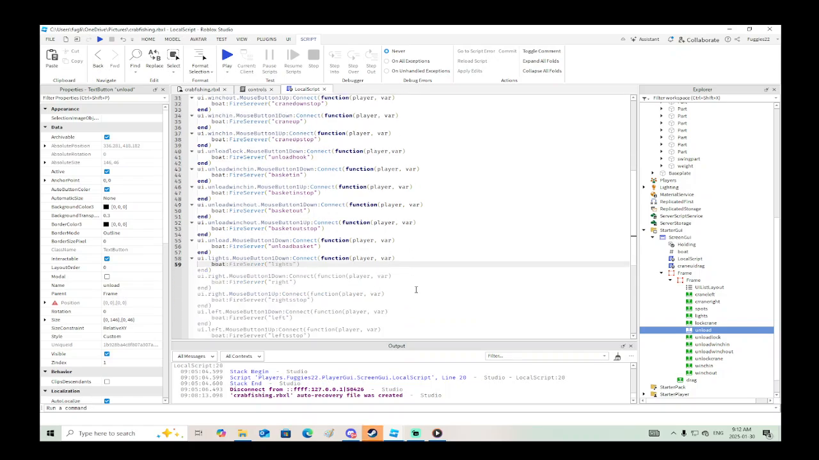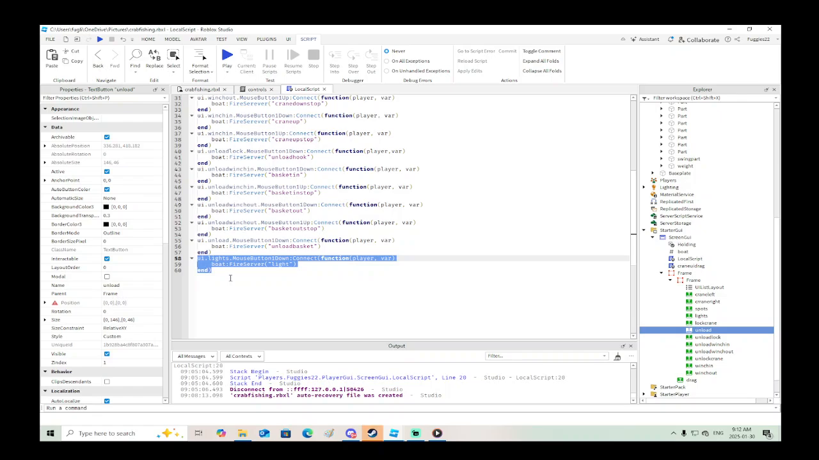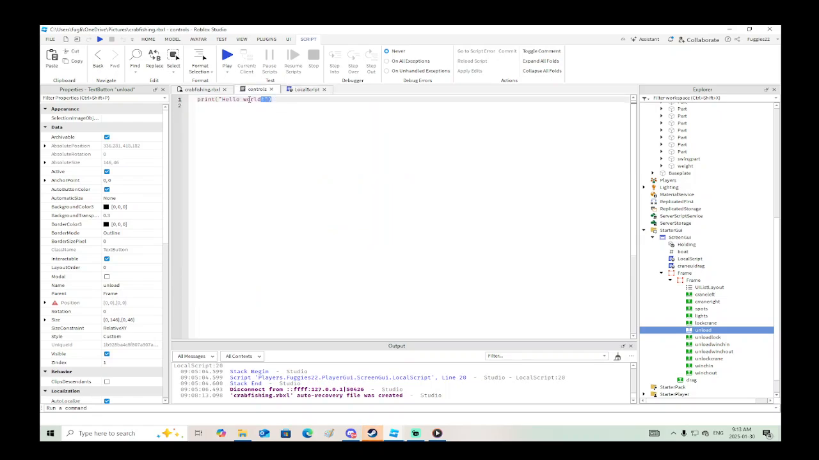Let's see, boat fire server, lights. And we'll just copy and paste this for spotlights. Spots. And same with this one here. Spots. Alright, so now in the control script, we need to